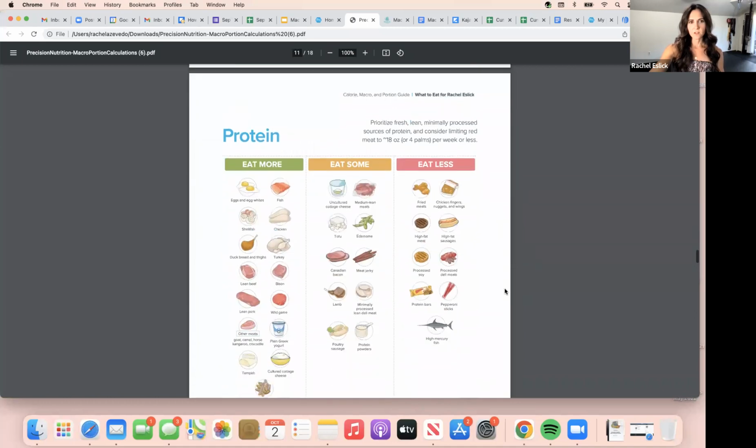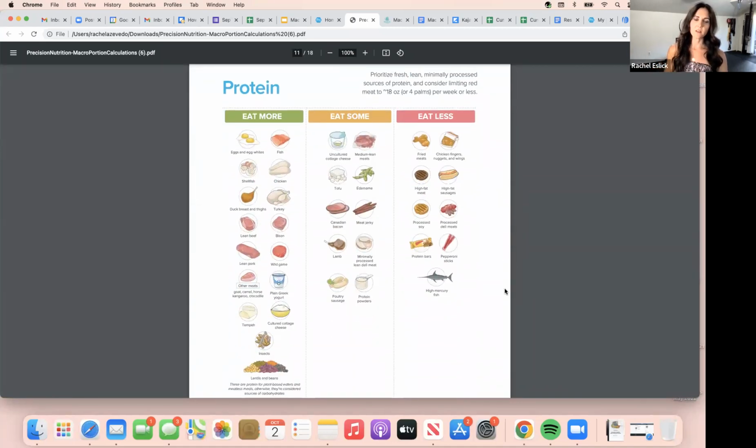And I wanted to go to this chart right here. So I love this one. There's a chart for protein, carbohydrates, and fat. And it just is like, eat more of these things. These things are okay. Eat as little of these things as you can. So eating more, it's going to be the lean proteins. So leaner fish, things like shrimp, shellfish, chicken breast, turkey, duck breast, leaner cuts of beef, yogurt, cottage cheese. I love the insects suggestion because I know you guys are going to be loving that.